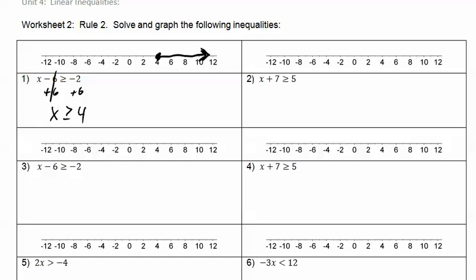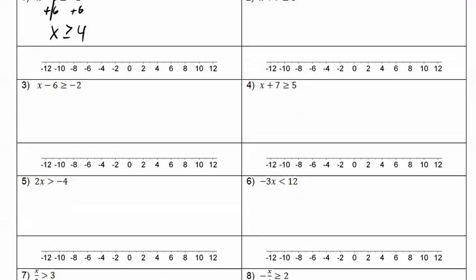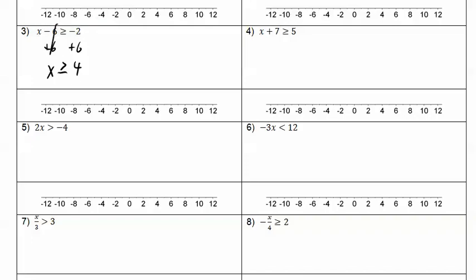So number 3, we have to solve this for x. So what's the opposite of minus 6? So x is greater than or equal to 4. And in case you didn't notice, I just noticed that those are the same problem, but that's okay. So x is greater than or equal to, so since it's equal to, we're going to have a filled in dot,